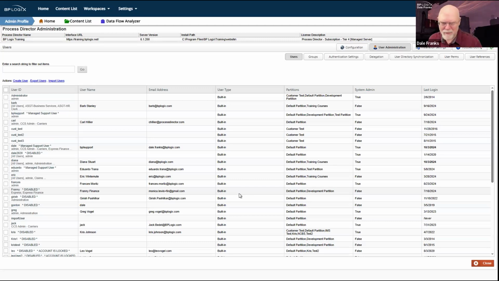By the way, that's probably not a great idea. Whenever the next Active Directory synchronization occurs, those accounts will be disabled in Process Director. That'll just happen automatically. And so that allows you to do all of your user management.